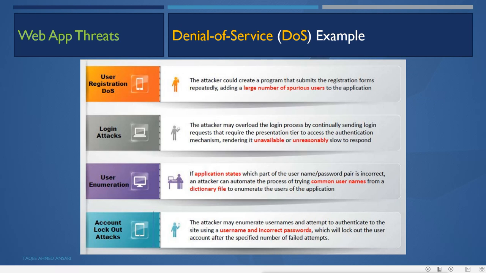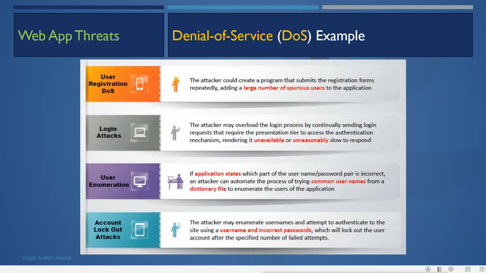We register the account, so we do the registration. Same as we have different sites where we do registrations. So what can the attacker do? It can create a program which submits the registration forms repeatedly, like 1,000 requests in 1 minute. So it can add a large number of suspicious users into the registration.